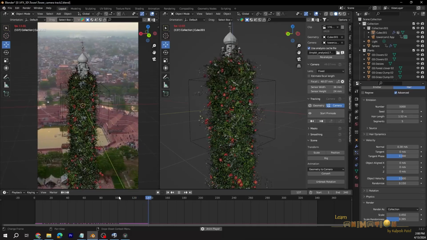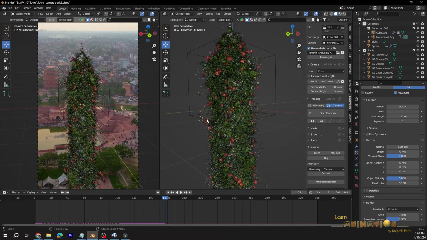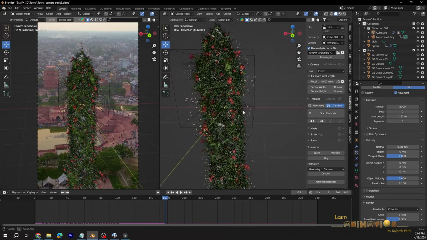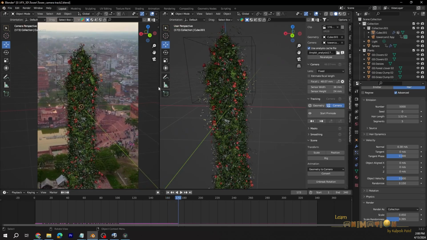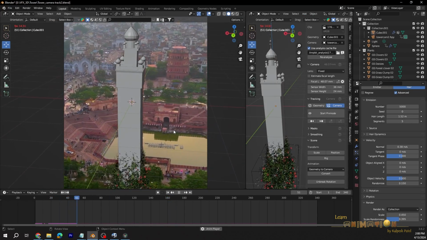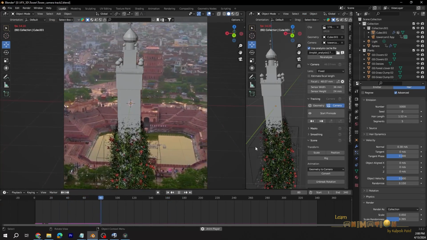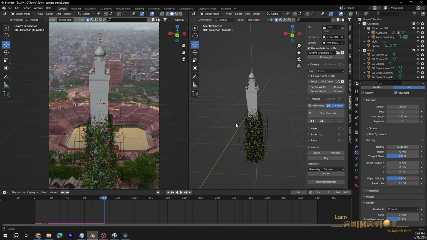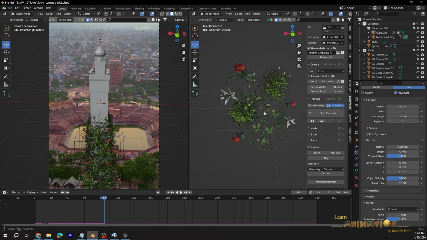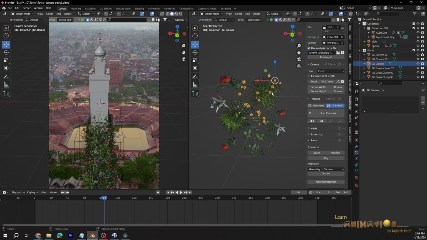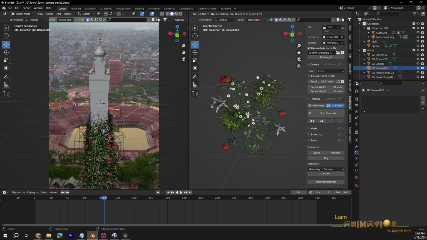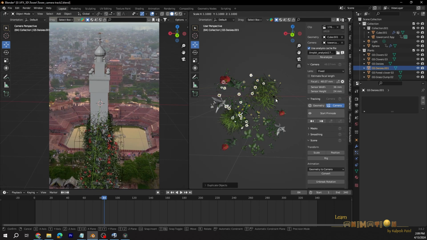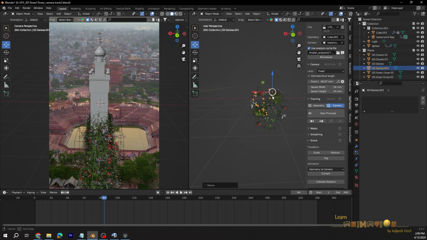Now you can see this wonderful effect, the plants and flowers growing on the tower. So once you are satisfied with the effects, if you require any changes to the flowers or anything, you can just go ahead and change in this group. If you think these yellow flowers are less, you can just duplicate, scale it, so you can see those appear in our scene.